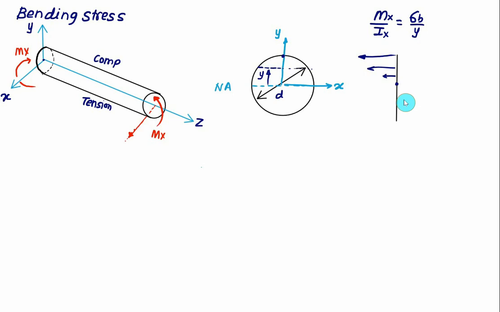Then we come to the bottom side and the stress will go on increasing. This will be the stress in tension. So in this position, we'll get the maximum stress on the outer fiber. If you are interested to know the state of stress at a point A, which is on the top fiber,